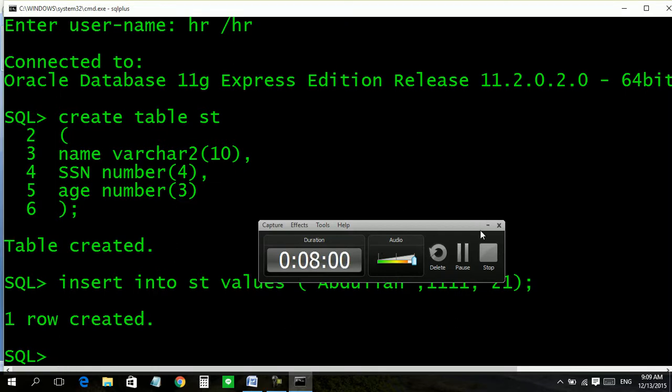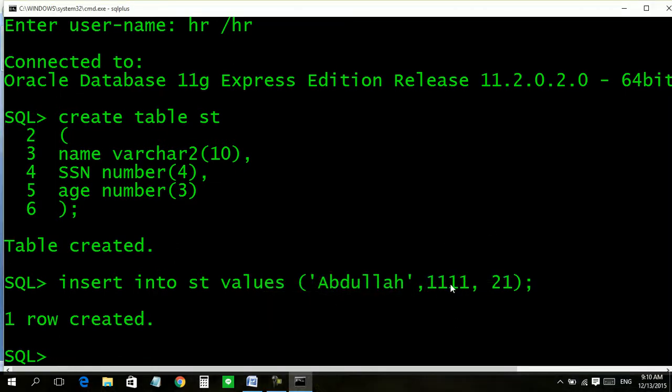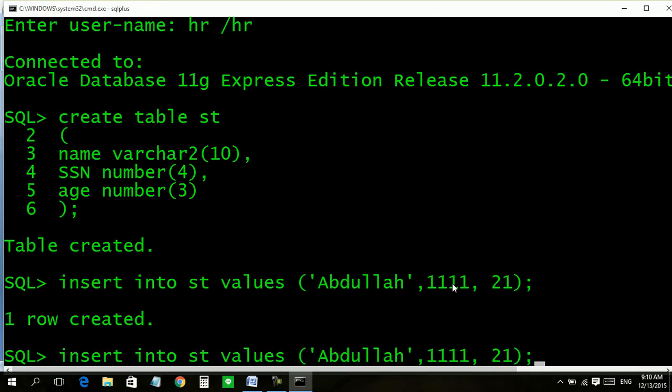Okay, now we will insert data in our table with our second method. Our second method is the same as the first method, but here we will use column names. Look, the first column is of type varchar 2, which needs quotation marks.